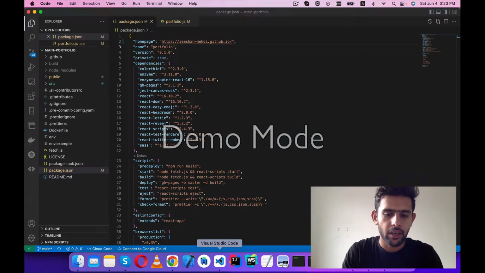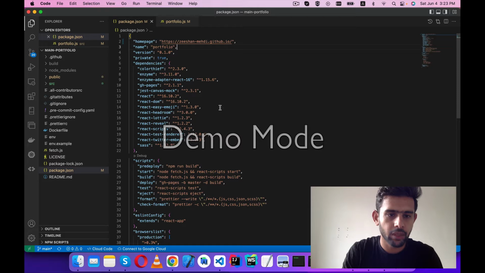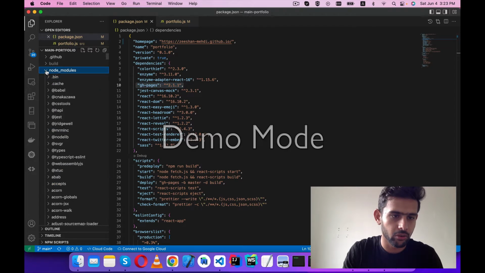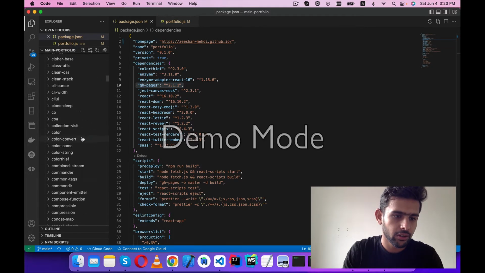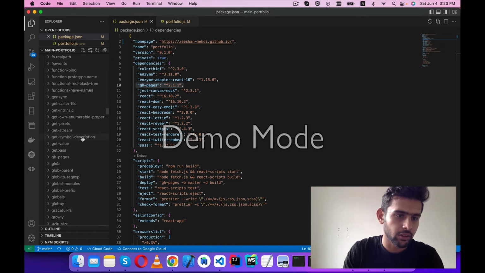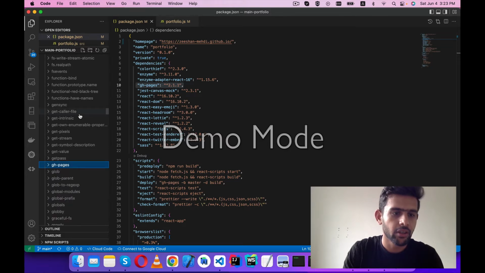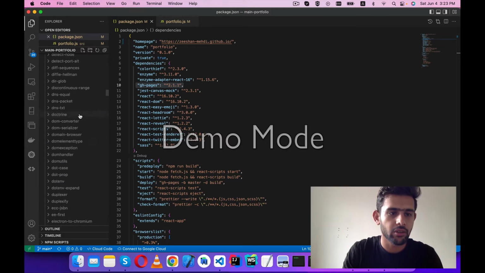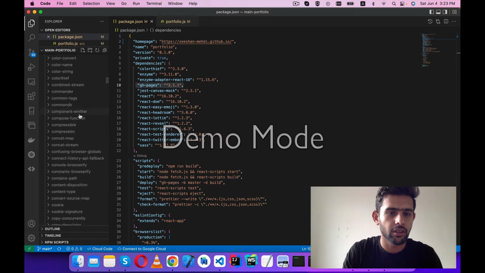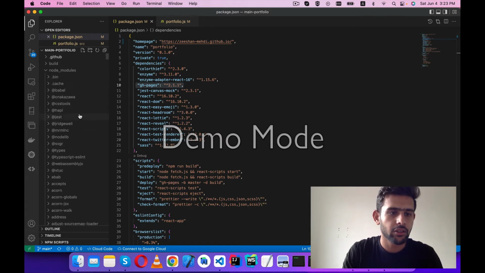So I already added gh-pages. Let me show you where it is. So here it is. I installed it and it is already in my node modules. If I show you from here, oh, I have to scroll down. Okay, it should be here somewhere. Here you can see it. Okay, so I have already installed it. You can do it via those commands, and once you are done with that, then what you have to do is